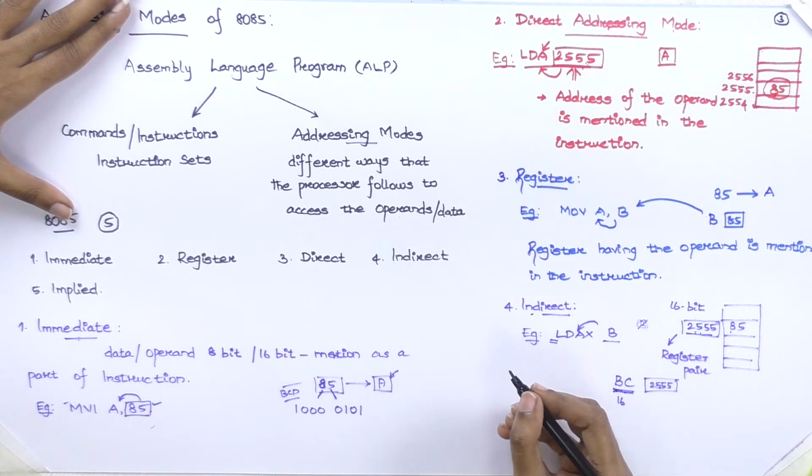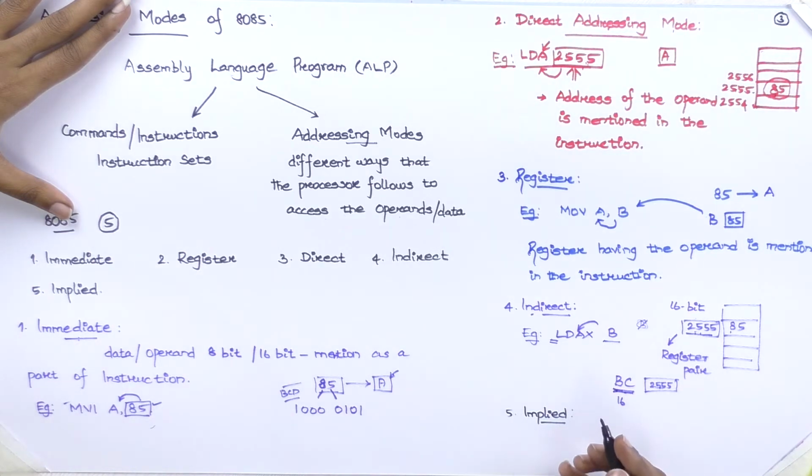The last addressing mode is implied addressing mode. The implied addressing mode does not have any operand field, as we have seen in the previous addressing modes. It will just have the mnemonics. Mnemonics are nothing but the operations to be performed. The examples for this type of addressing mode are